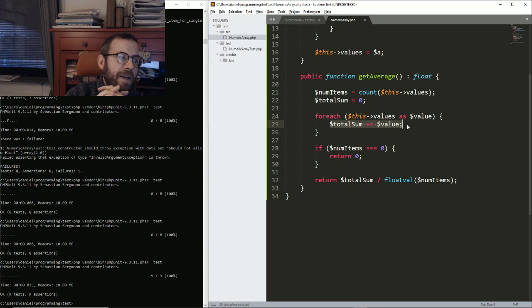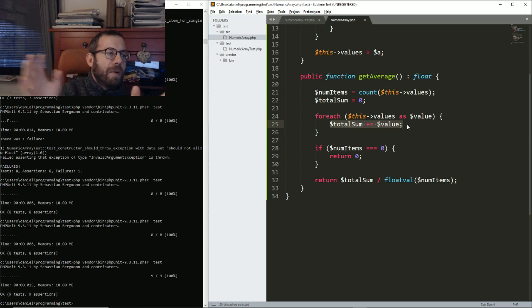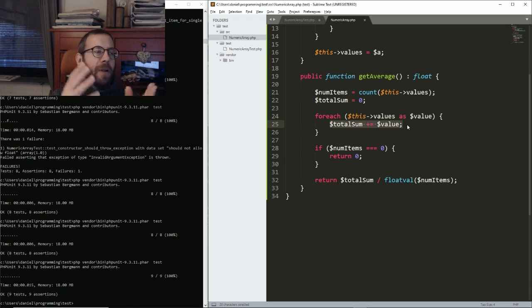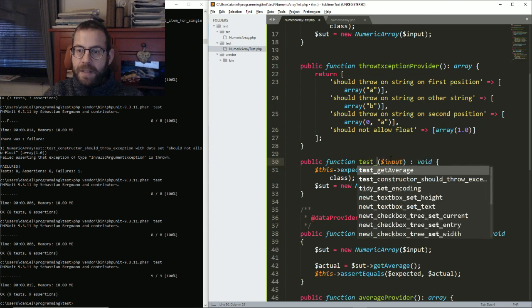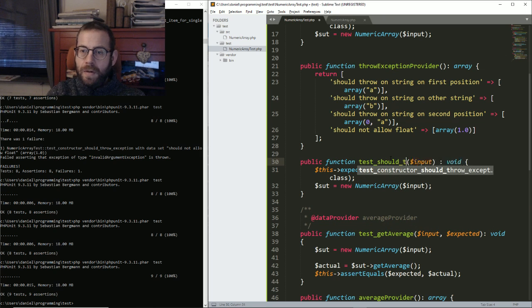So we get an overflow, the case where we have a too high value somewhere in our array, or the sum of the values becomes larger than a floating point can be in PHP. So let's create a test for that. And test should throw error